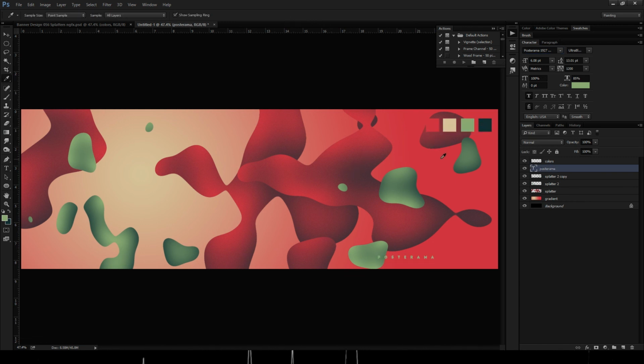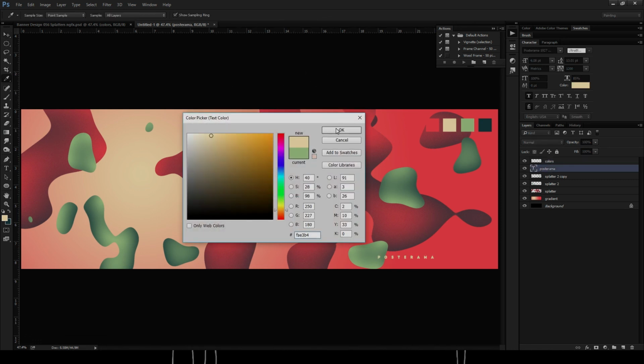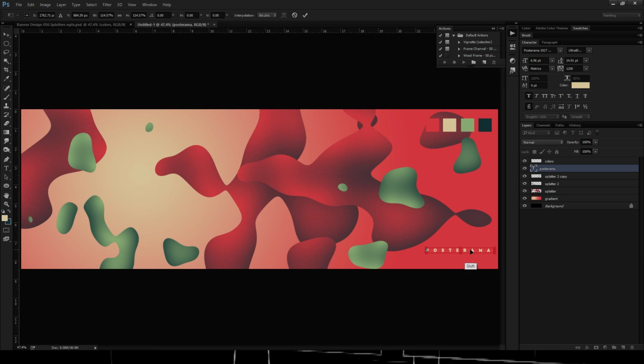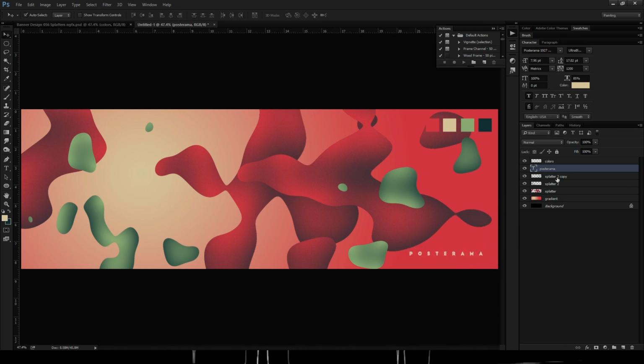This is where it comes back in the game, so I'm gonna choose the brightest color, and yep, there we go, and place it right around here. Maybe make it a bit larger,